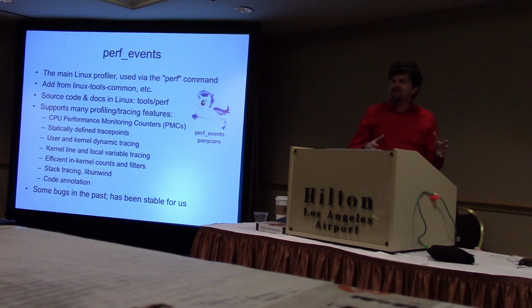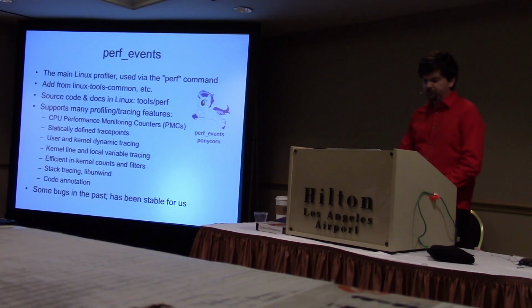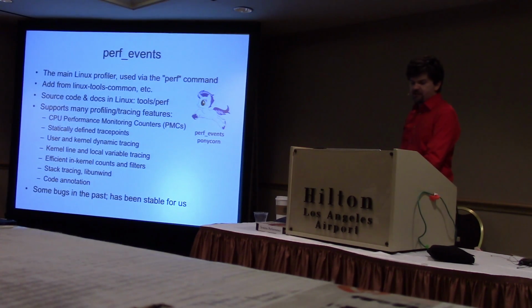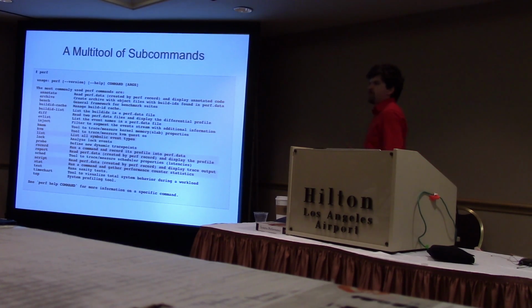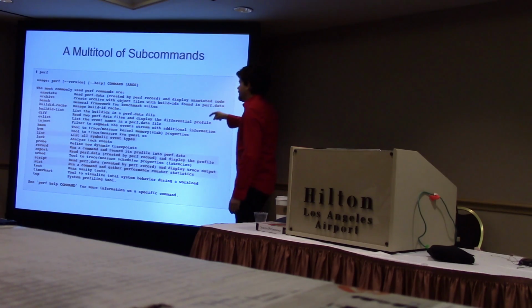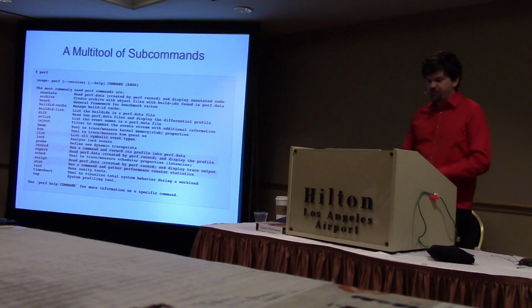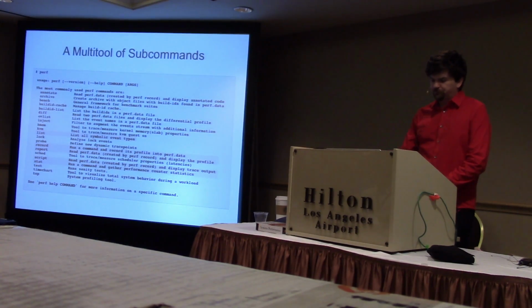There are lots of tracers and performance tools for Linux, but there aren't that many that have made it into mainline, and perf events is one of them. A big advantage of having it in mainline is it does get maintained, and it's generally very reliable. It has lots of features like CPU performance monitoring counters, tracepoints, dynamic tracing, and so on. If you just run the perf command, it will give a list of subcommands. This will make more sense when I show you some one-liners. So perf can list probes, we can record events, report a previous record command, and so on.